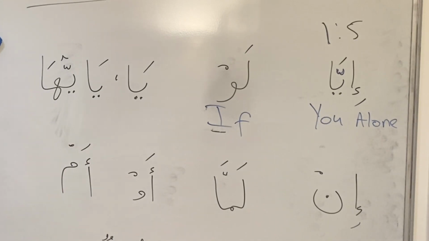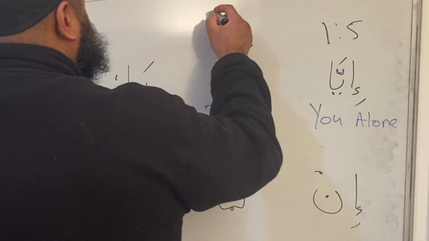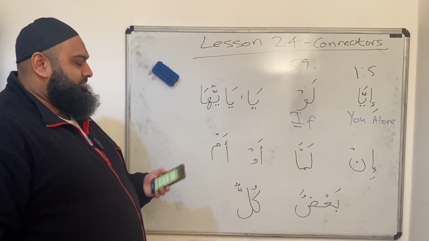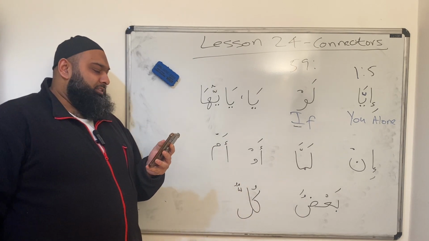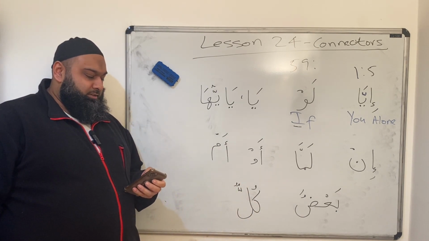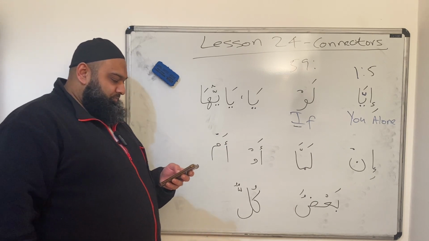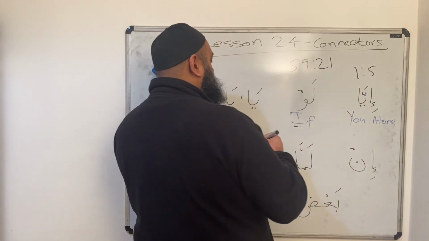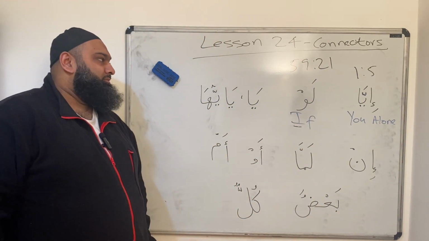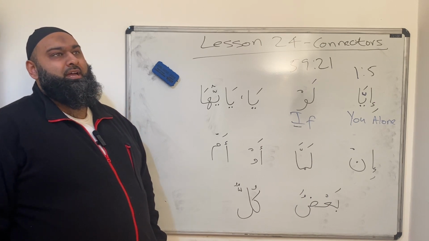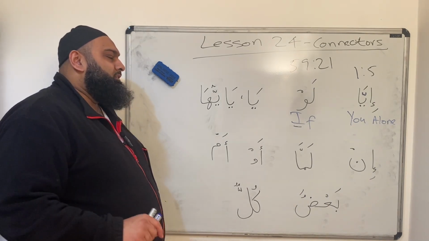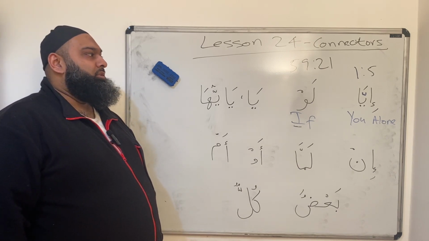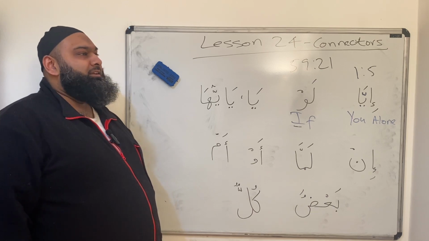So if we go to Surah Al-Hashr, Surah number 59, I need to find the verse number, but there is a famous verse which is لو أنزلنا هذا القرآن على جبل لرأيته خاشعا. Verse number 21. Yeah, so low. Now you've got it. If we were to reveal this Quran on a mountain,